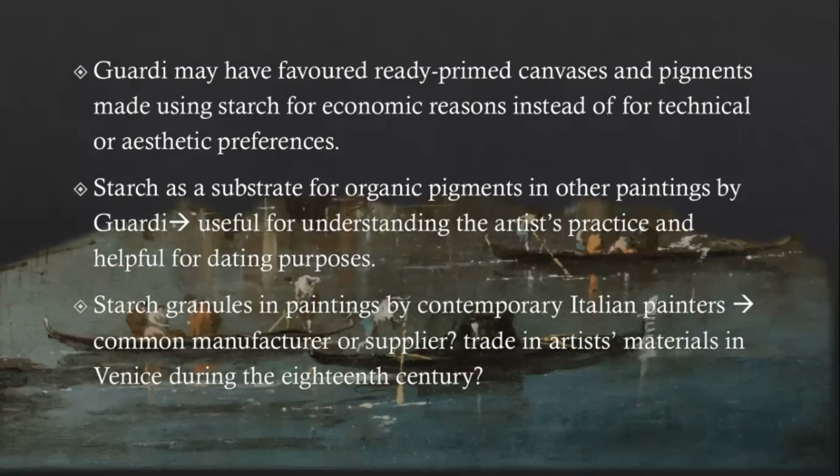As a cheap and widely available material, Wardy may have favored ready primed canvases and pigments made using starch for economic reasons. Starch was also found as a substrate for organic pigments in samples from other paintings by Wardy. This evidence is worth exploring further, as it could be useful for understanding the artist's practice and helpful for dating